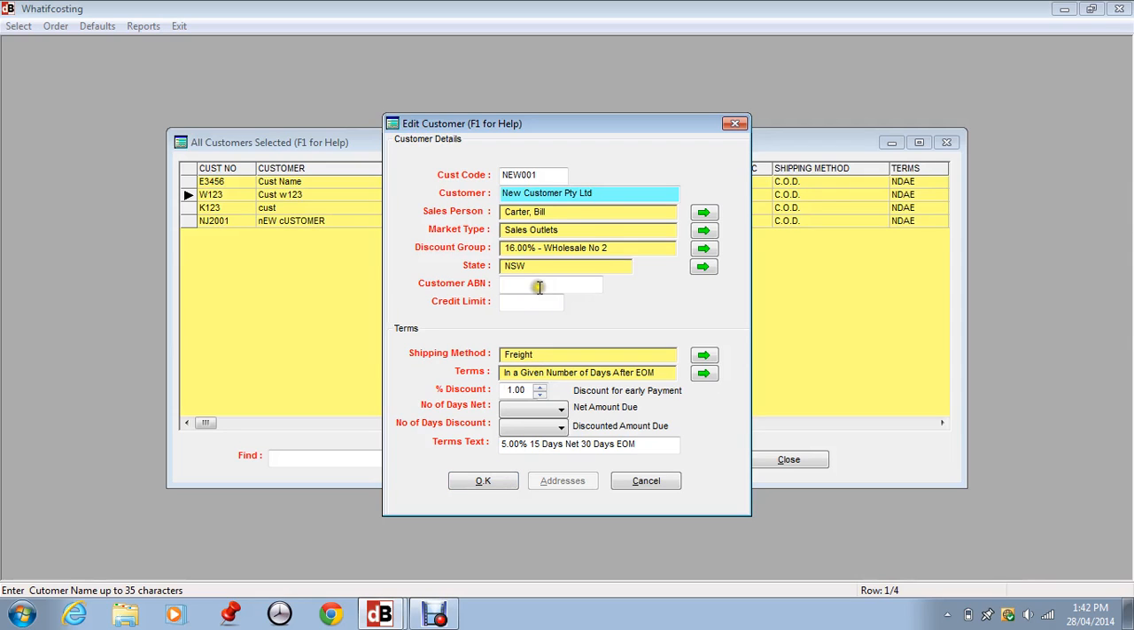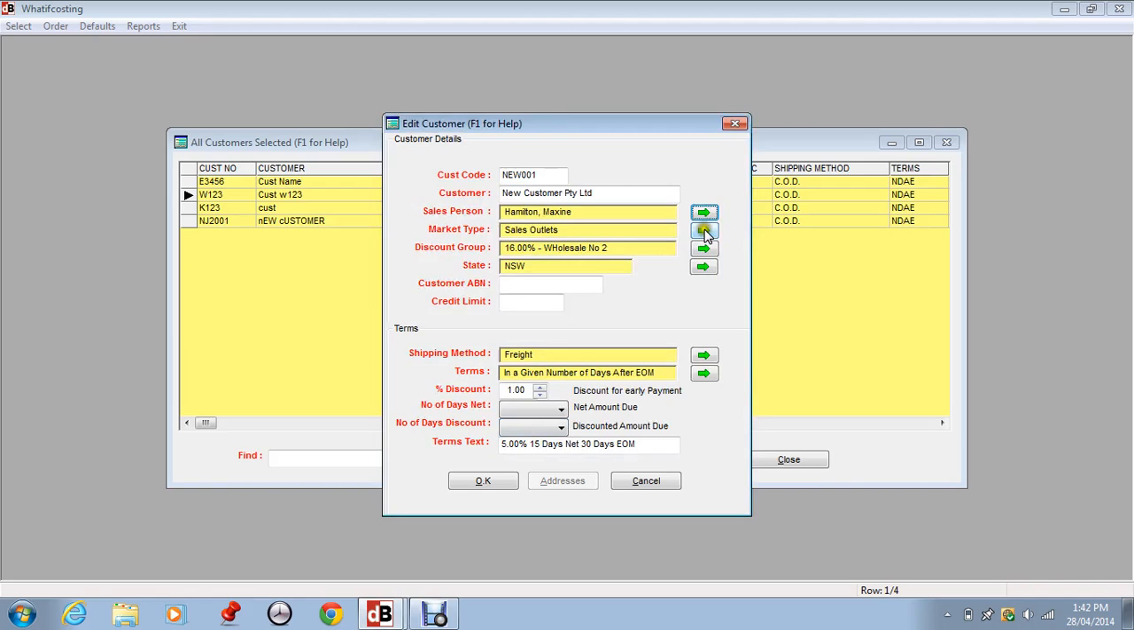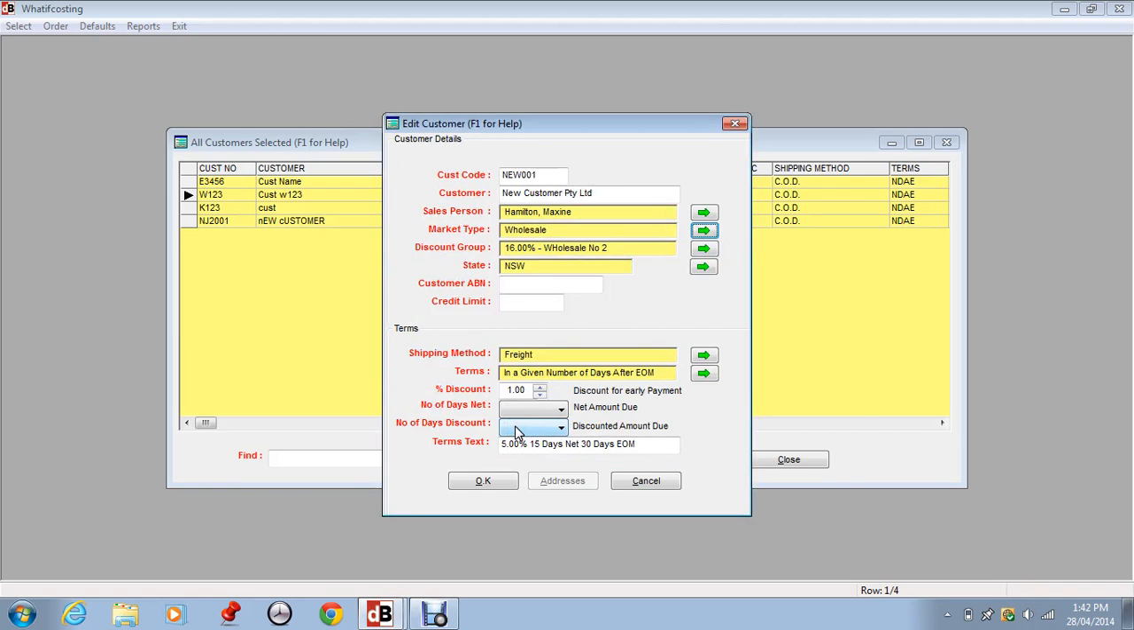Okay, now what we see here are the defaults that have been created for new customers. In other words, instead of having to select these every time, we ask the system to pre-enter the ones that we want to be as defaults. However, if those defaults are not appropriate, you simply reselect here, for example, salesperson, here, market type, there, and so on. Customer ABN,